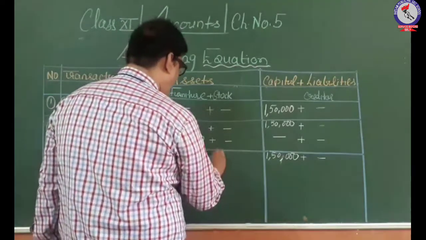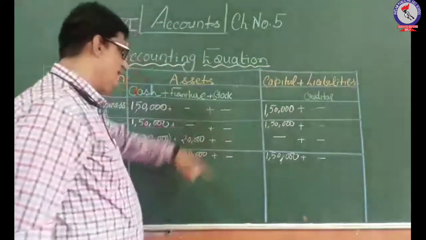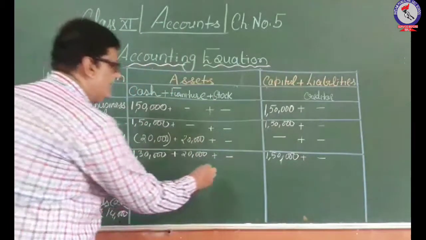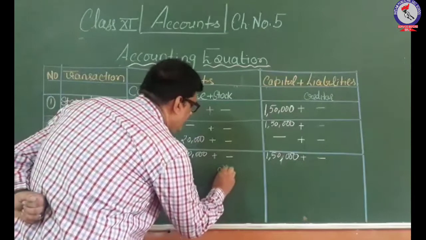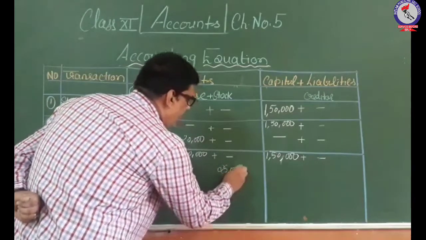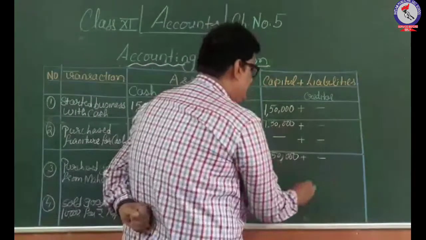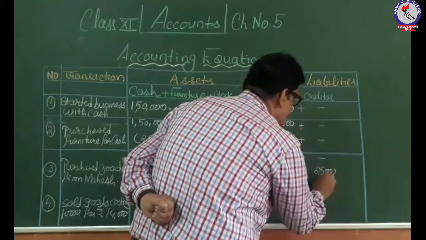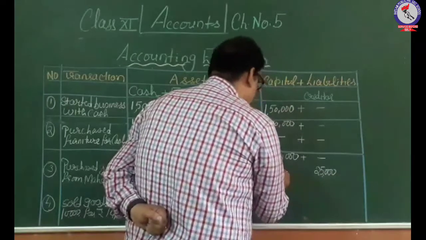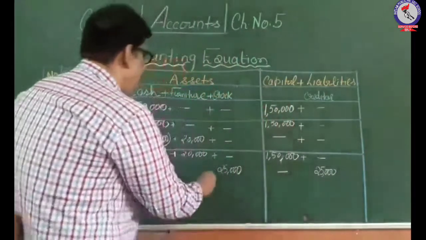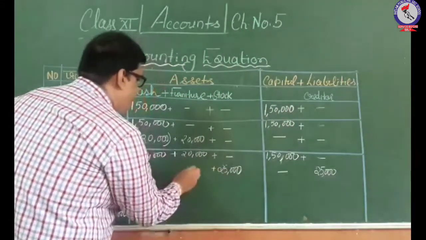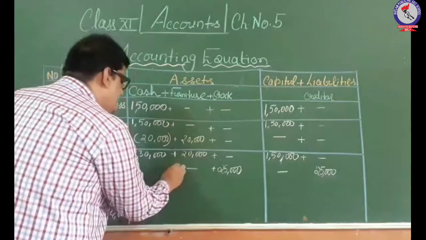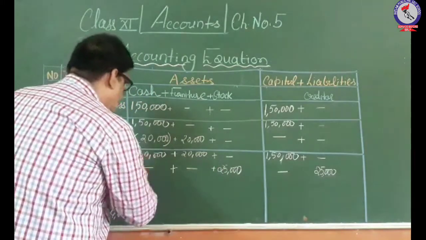up till now, and now the stock will increase for the first time, 25,000 rupees, and it will also show an increase in the creditor, 25,000 rupees. No effect on capital, so dash. No effect on furniture, so again it is dash, and no effect on the cash also. Okay,